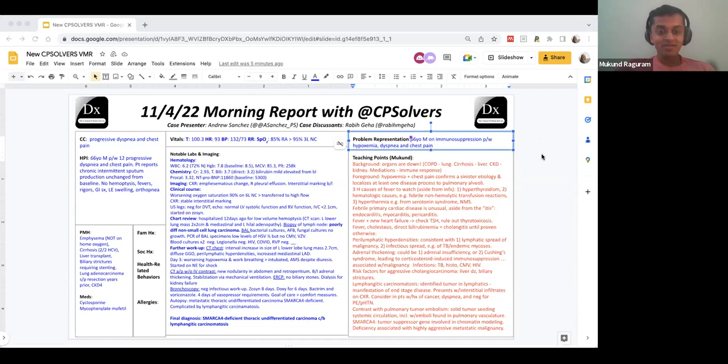relatively innocent complaint of progressive dyspnea and chest pain, but which was complicated pretty immediately by an extensive past medical history and immunosuppressive medication. So we started framing this case by saying that multiple organ systems are down, including the lung from COPD, the liver from cirrhosis, the kidney from chronic kidney disease, and the immune system from the medications